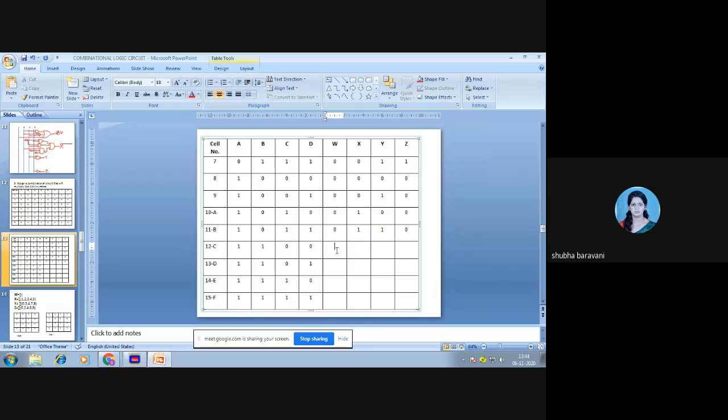Okay, tell me the 12th one. 1 1 multiplied with 0 0. Anything multiplied with 0?